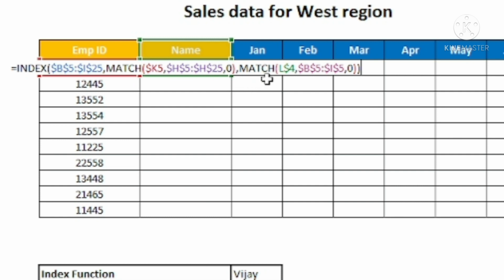For that again I have used the match function. For that the corresponding value is now the name, because I want to get the column number for name in this particular array. So I selected name because I want to copy the formula from left to right and from here to top to bottom. I don't want Excel to move from top to bottom, but I want to Excel move from left to right.